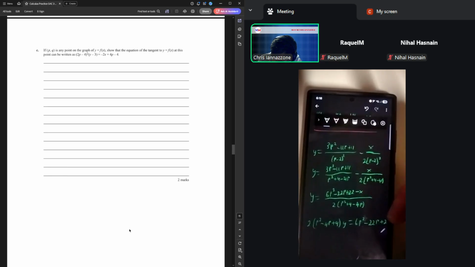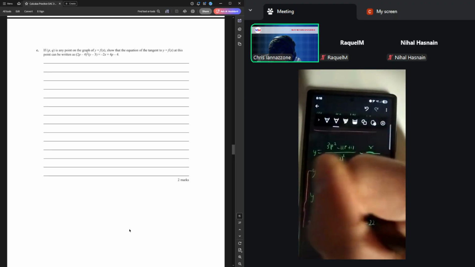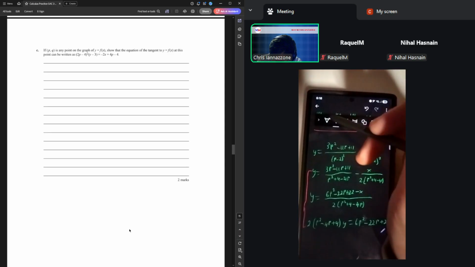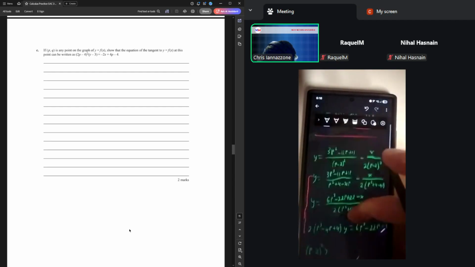What else is going on? Maybe expanding wasn't a great idea just yet. What if we put a pin in those and we just start by multiplying both sides by the (p − 2) squared? Let's see. So if we do that, we'll have (p − 2) all squared times the y